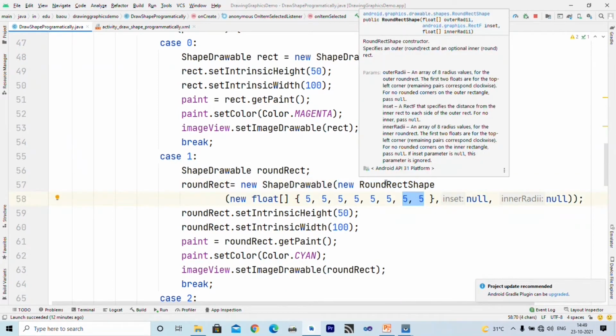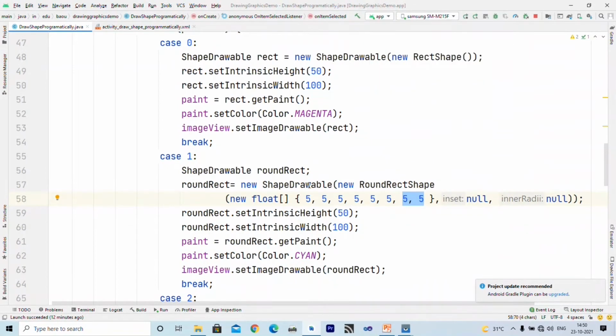Here you can see the first argument is a float array which is the outer radii, and it is an array of 8 radius values for the outer rounded rectangle. The first two are the top left corner and the remaining pairs correspond clockwise. So clockwise you can specify these radii, and the inset and inner radii are set to null. So only one rounded rectangle is drawn with these radii.